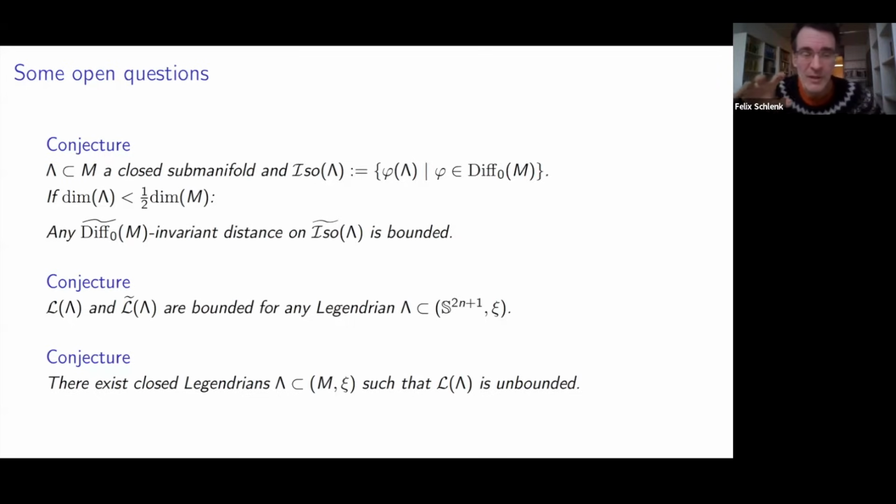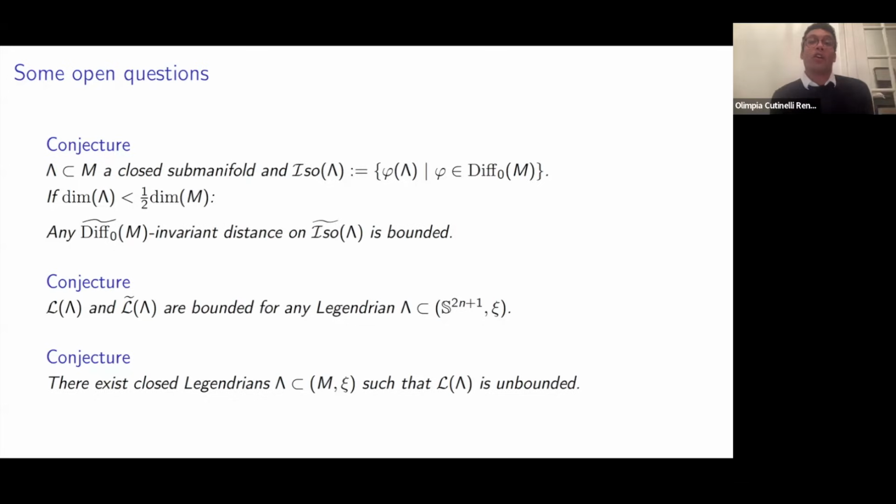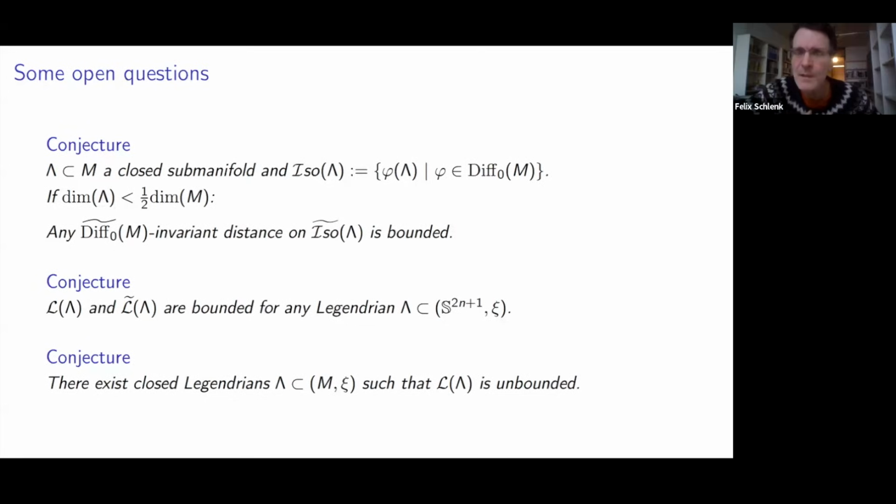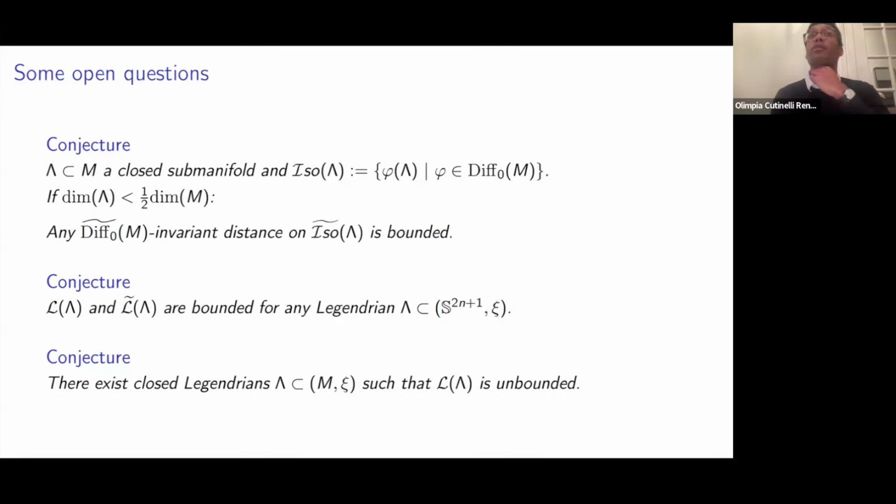Pierre, do you have a natural conjecture to characterize Legendrians that admit an invariant unbounded metric? Is there, or do we not know enough yet to have an intuition for that? I would say orderable is a good start, at least. Even for metrics on the group of contactomorphisms, every time orderability is assumed, for unboundedness.